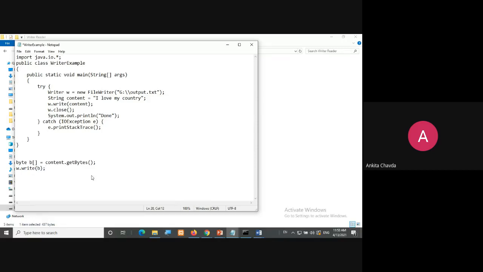Do you remember this? But here I don't have to convert into bytes. I can directly write the whole string inside this write method. Simple.